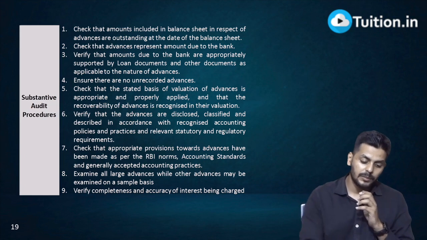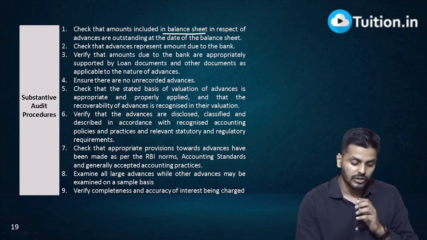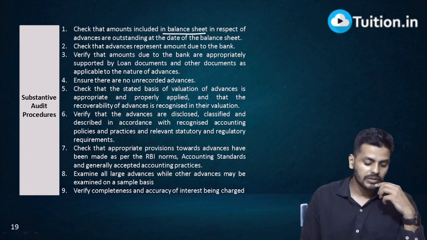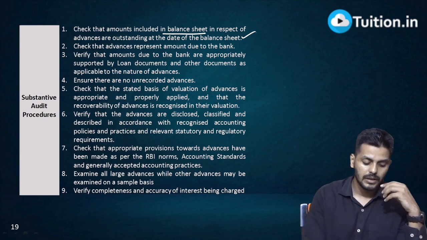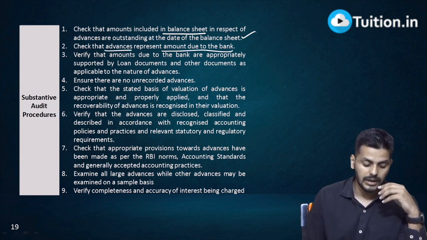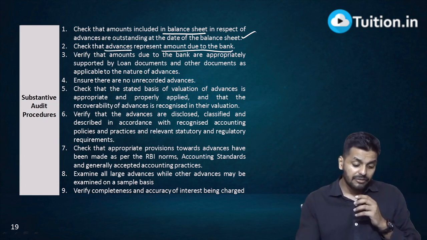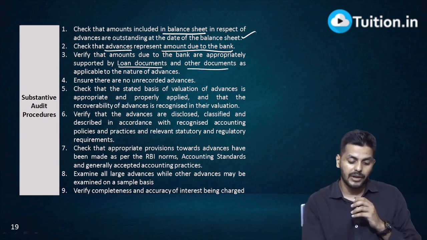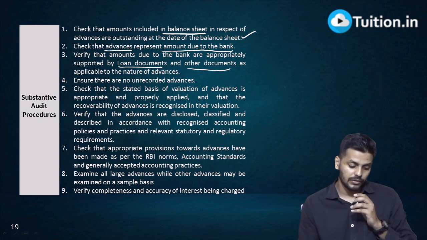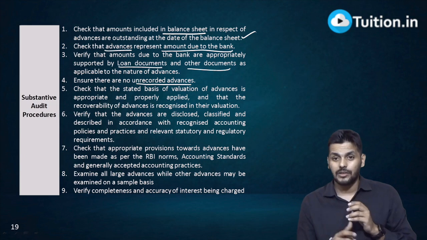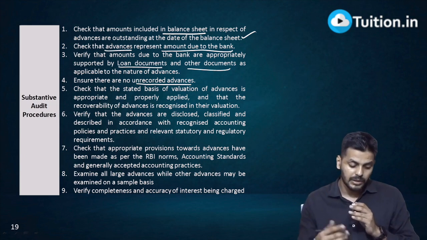When you say substantive audit procedures, check the amounts included in the balance sheet in respect of advances which are outstanding as of the date of the balance sheet. Check that advances represent an amount due to the bank. Verify that amounts due to the bank are appropriately supported by loan documents and other documents as applicable to the nature of advances. Any unrecorded advances, that is very rare nowadays because all of this is done through the core banking system. However,